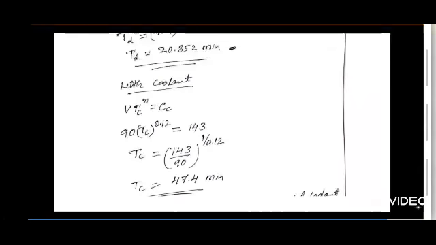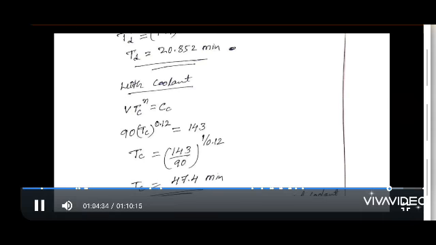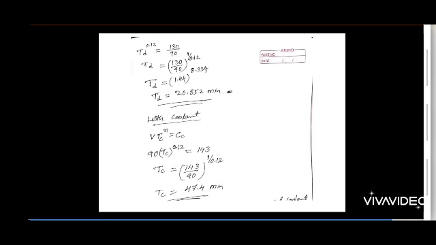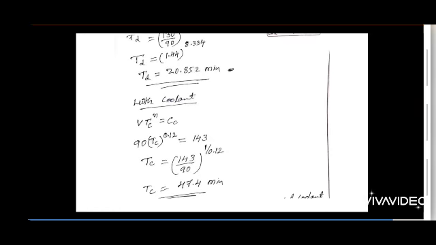See here, we are not changing cutting speed. In dry condition, when you are operating at 90 meter per minute, you will get the tool life of 21 minutes. Because of use of coolant, tool life is increased to 47.4 minutes. Even though you are operating at the same cutting speed, your tool life increases twice, more than 2 times. Now the percentage change in tool life between dry condition and coolant condition.